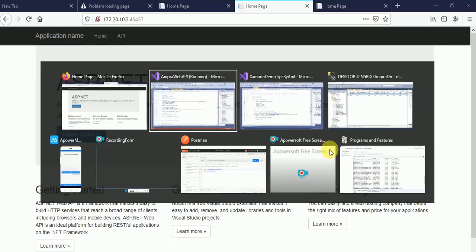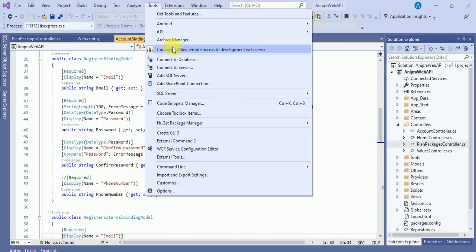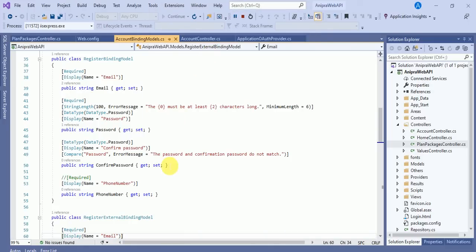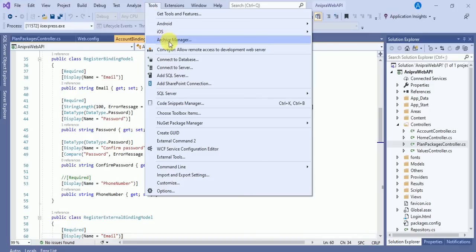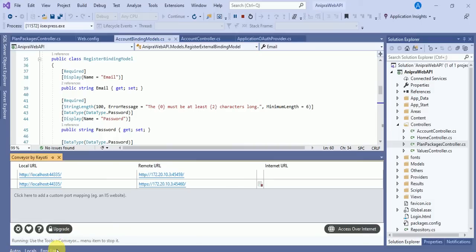Here you can see this is my web API, and if I click on Tools, here you can see Allow remote access to development web server. Once you click on this, you can get an IP address.